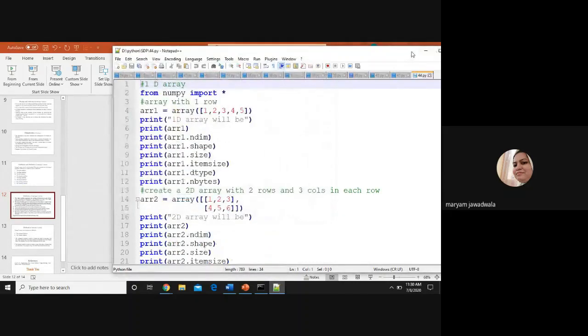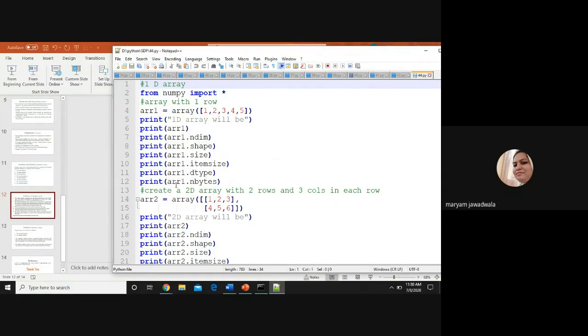Okay, so this is my program. So what happened in this program? First, I create a 1D array using the array function, right? ARR1 equals array 1 2 3 4 5. The first print statement will print the array, and then I apply all 6 attributes to this 1D array.